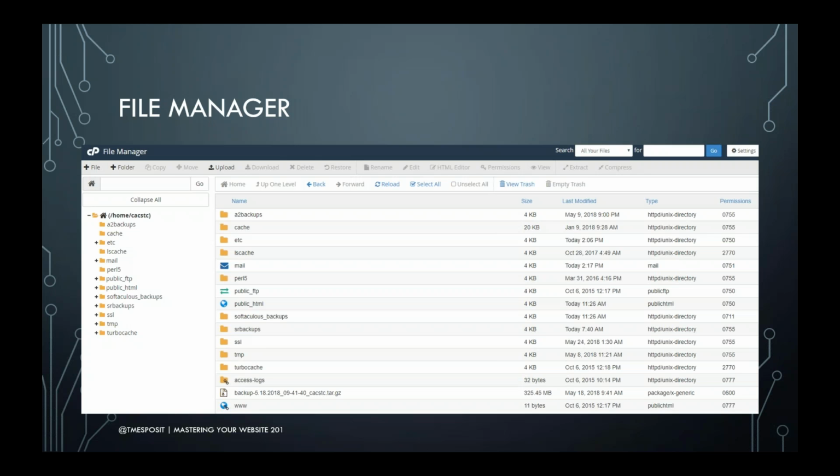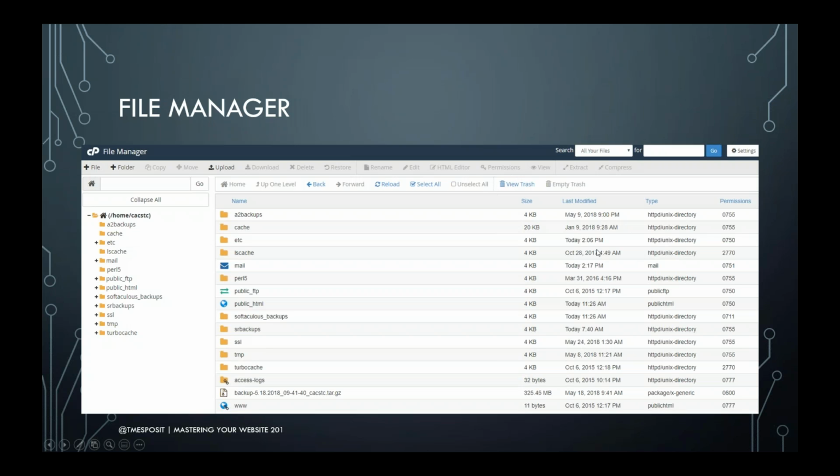So if we travel back in time a half hour to when I was talking about security permissions, you can see each of the folders and files have a different permission number. That matches what the Sucuri app or plugin was recommending you change to. So in here, you can click on a file or a folder, and then there is a permissions button, which looks like there's a little key on it, and it's in the toolbar in the center of the screenshot. And it's grayed out right now because I don't have anything selected.